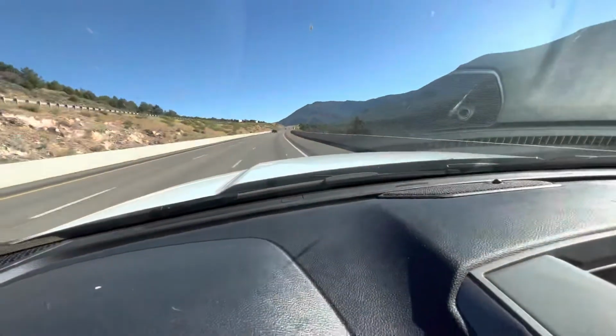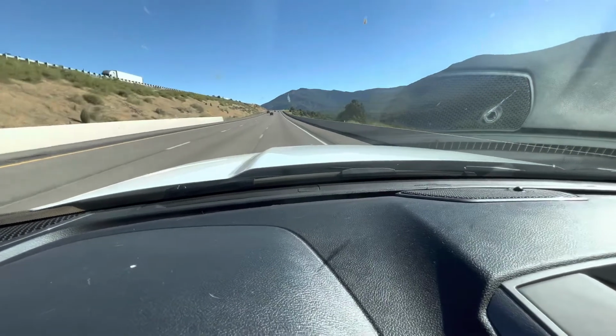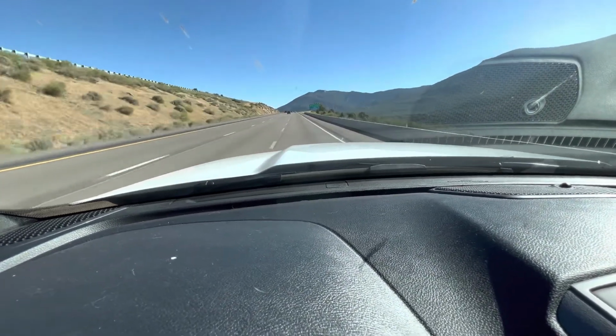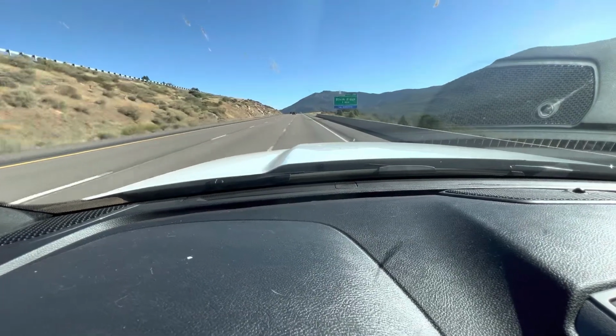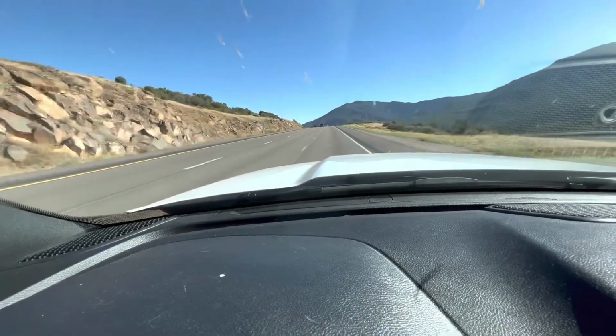Obviously, there's a couple things that I don't like about it, like how hard it shifts, and just mostly the transmission. Mostly is what I don't like about it. But we're getting kind of close to the top here. Probably the steepest, longest hill in all of southern Utah, so